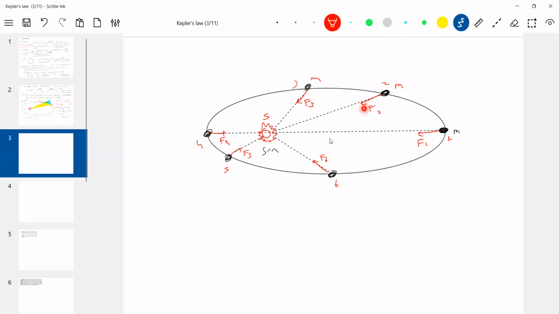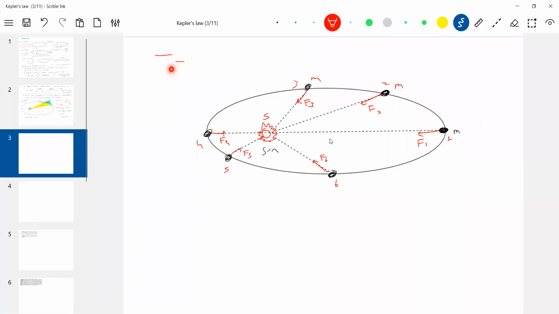Like this, Kepler is able to justify his ideas here. So what is the net torque? Net torque of the planet about the sun will be 0. What is the axis? The axis will be passing through the sun, perpendicular to the plane of the diagram, and the force will intersect the axis of rotation. So therefore, the torque will be 0.